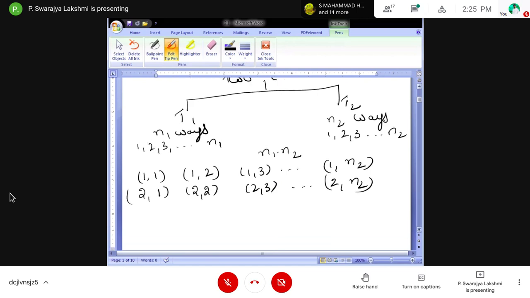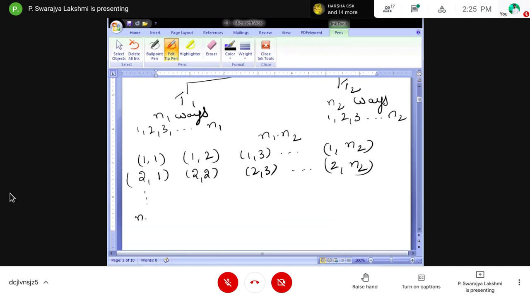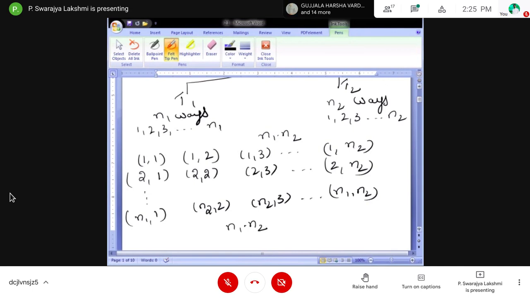We have N1 1, N1 2, N1 3, N1 N2. So these are the possible ways to complete our task. So total how many ways we have is N1 into N2 ways. Simply we say it is a product rule.